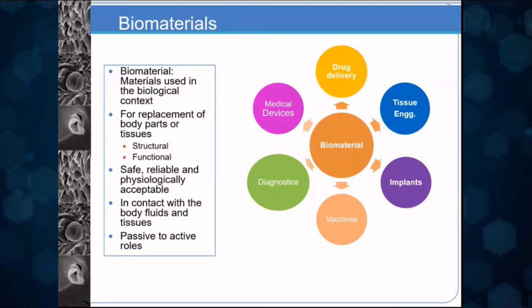So for example, you have models of organ on a chip, which act for drug screening as well as act as devices. Similarly, you have delivery of agents across drug delivery to tissue engineering when you're looking at growth promoting agents. And theranostics, which is the implication of drug delivery along with diagnostics. So today, mainly we will focus on drug delivery, but I'll briefly touch upon tissue engineering, theranostics, and vaccines also.